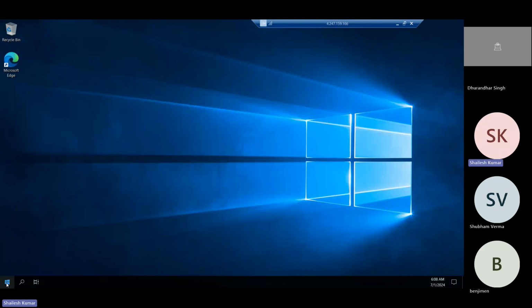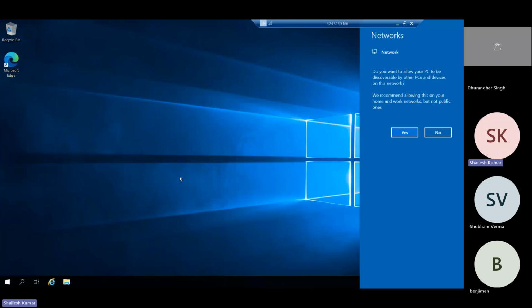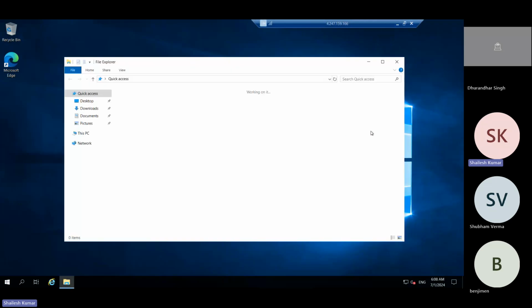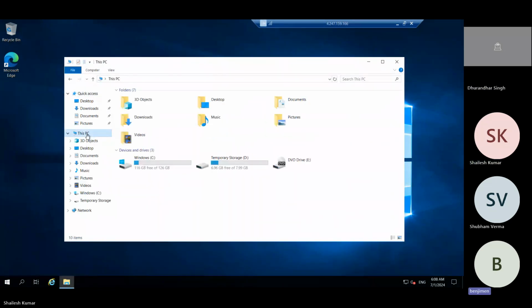Okay. So now we have created this VM successfully. Now we have added here one LUN that is 512 GB. Sorry, 512 GB. So let's see. It is not mapped here. We are getting only C drive of 127 GB. Please do not keep anything in this temporary storage. This is only for temporary.